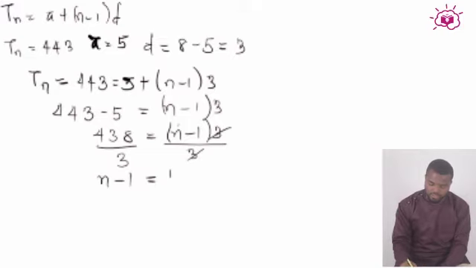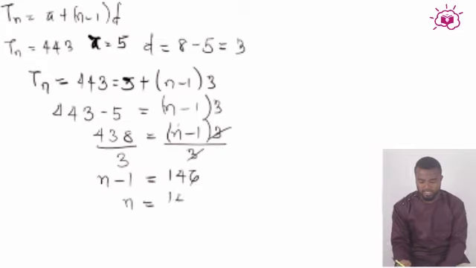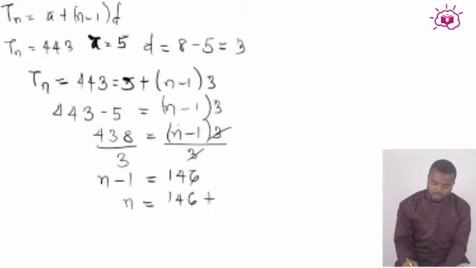In this case, we'll be having n minus 1 equal to 146. That is 438 divided by 3. So adding 1 on both sides, we'll have n equal to 146 plus 1. That would yield our n to be